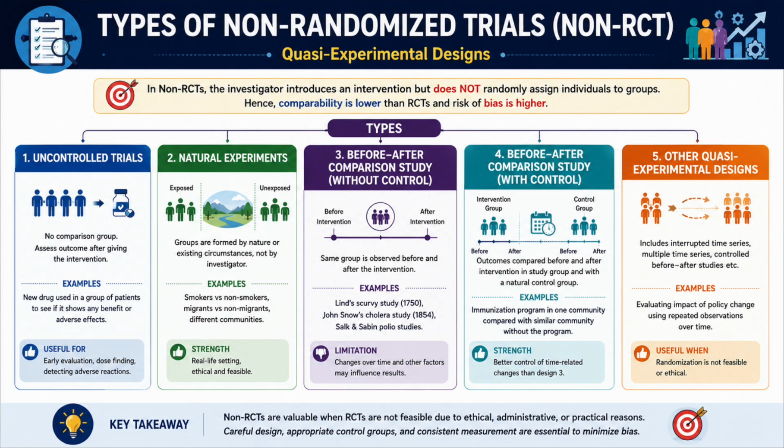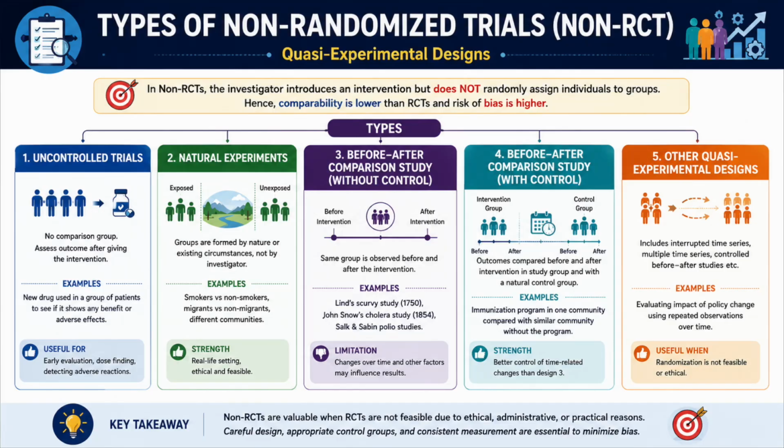Let's now look at non-randomized trials. These studies involve an intervention, but participants are not randomly assigned to study groups. Because of this, the chances of selection bias and confounding are greater than in randomized trials. There are several types of non-randomized trials. Uncontrolled trials do not have a comparison group and are mainly used during the early evaluation of new therapies or